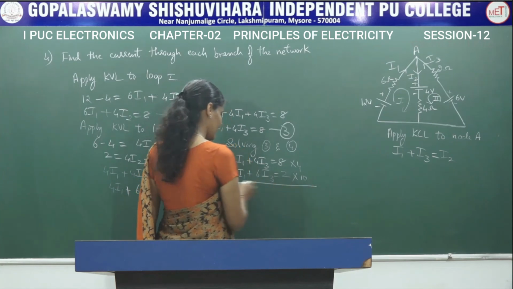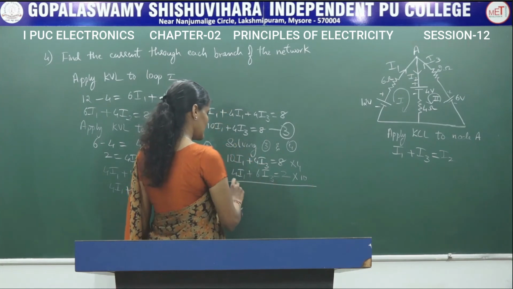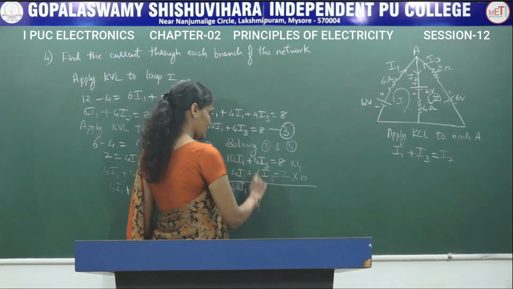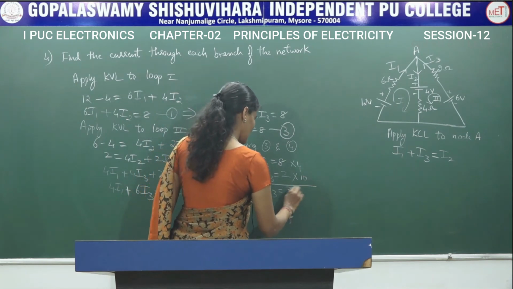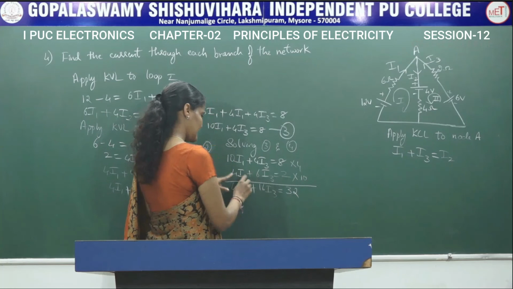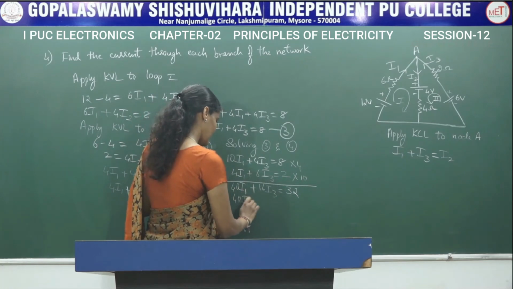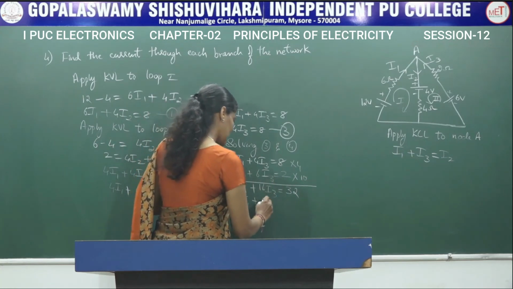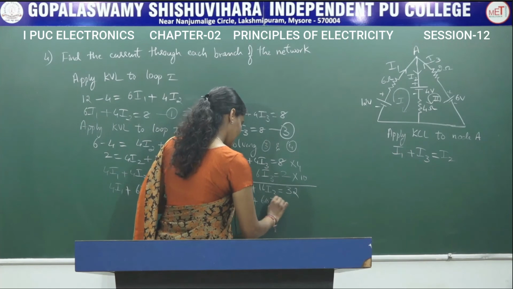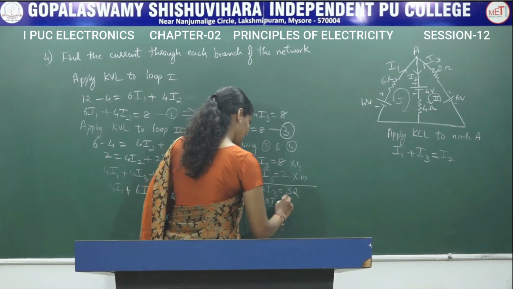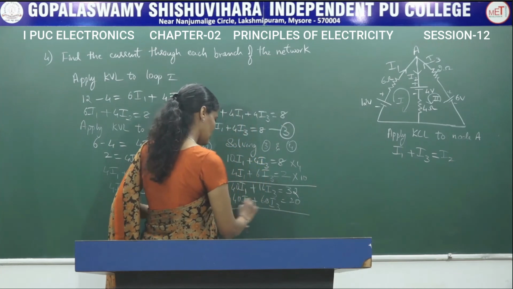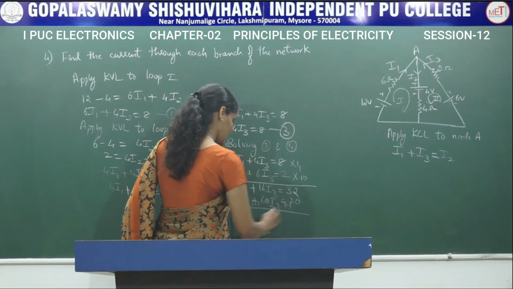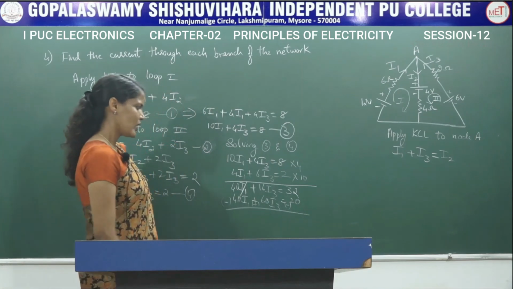I1 completely. So, 10 4s are 40 I1 plus 4 4s are 16 I3 plus 8 4s are 32. Next, 10 4s are 40 I1 plus 10 6s are 60 I3, which is equal to 2 10s are 20. Now, you have to change the sign. I1 gets cancelled. So, I will be left with